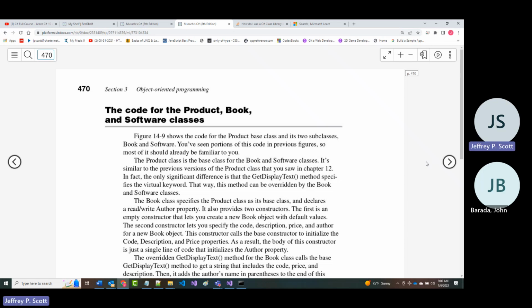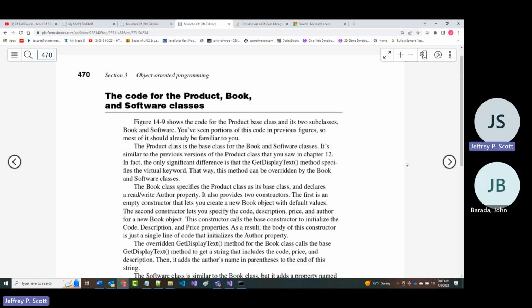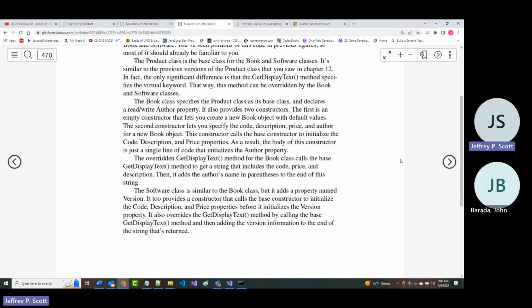So the product class, as they mentioned, is the base class for the book and the software class. So in other words, it's the parent. And it says really the only big difference in here is the get display text has the virtual keyword in it, where previously we didn't have that in there.